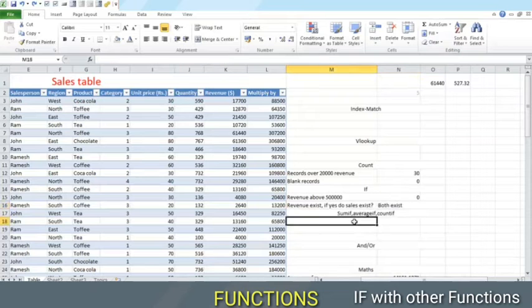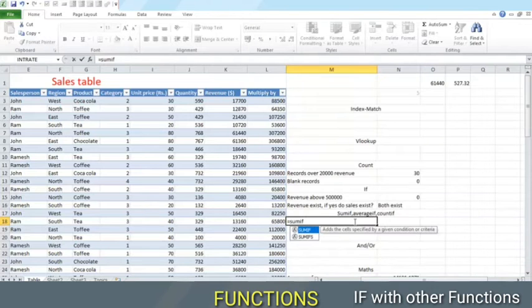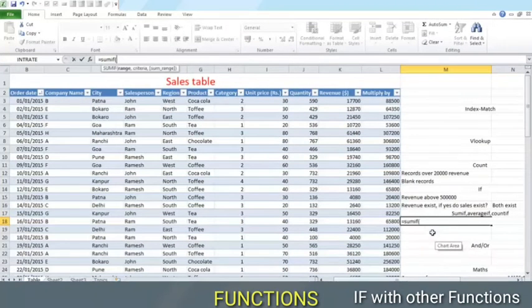Let us see some other cases of if being applied for other purposes. We now find the sum of certain values in a range only if a criteria is fulfilled. Now in this case, I will apply a criteria on a given range of values. If the criteria shows true, we will carry out the sum. Let us see how this happens. Suppose we want to find out the revenue brought about by John. So first of all, we talk about criteria. That means salesperson John. So the range we consider is the salesperson. The criteria is, put a comma, and the cell should have the text John.